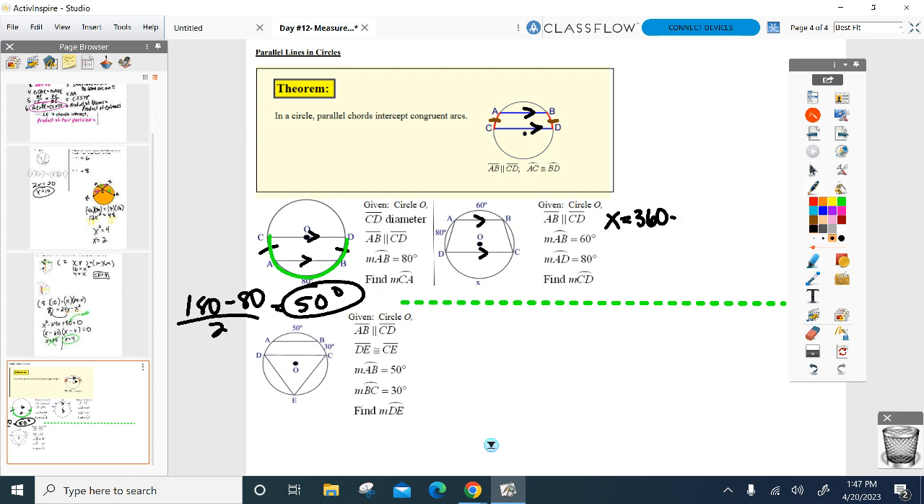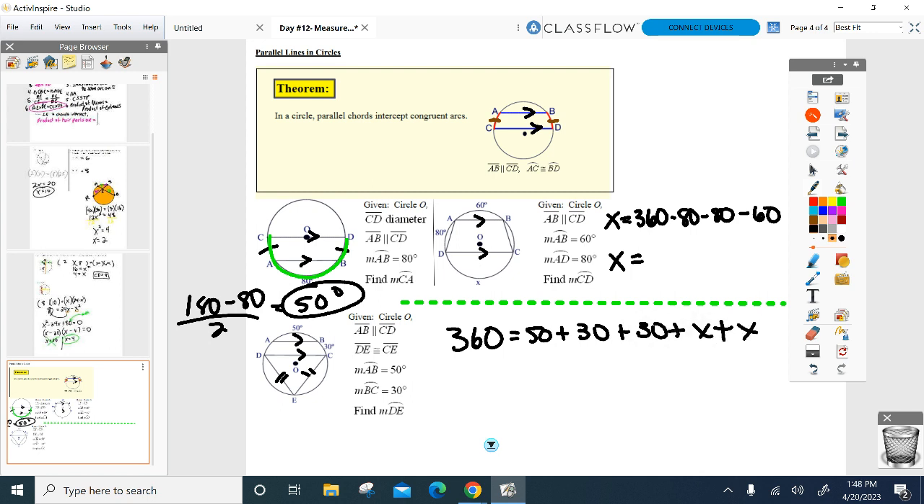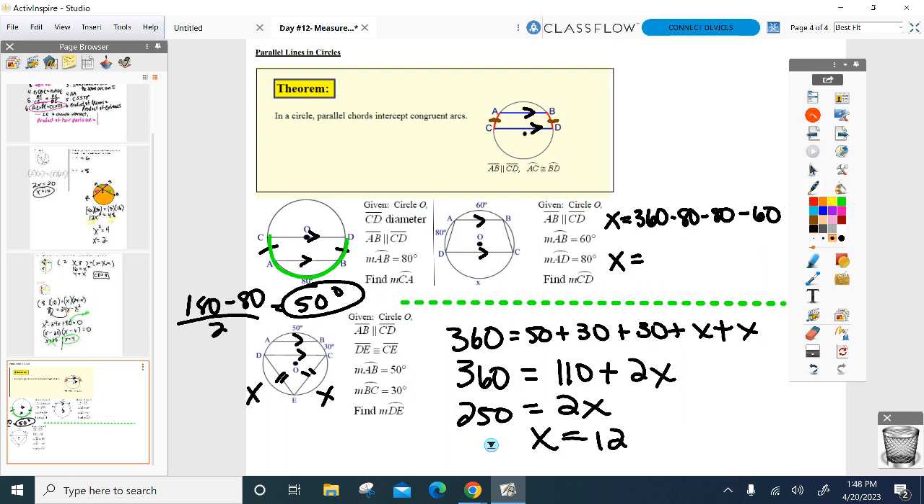So it's going to be the same. All you have to do is add these, subtract it from 360, and divide it by the